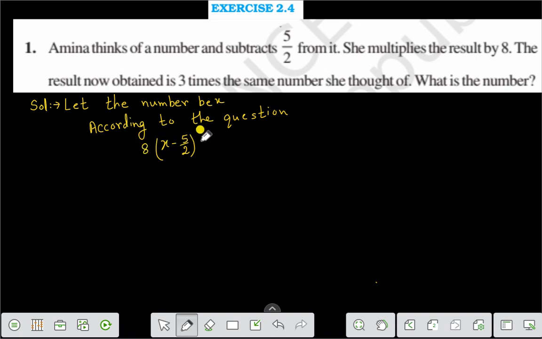The result obtained is 3 times the same number, that is equal to 3x,